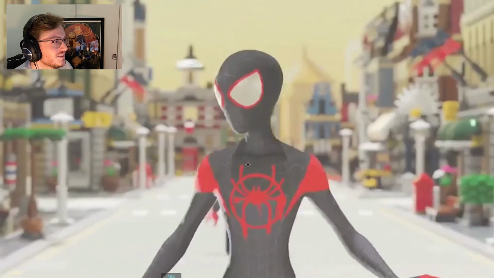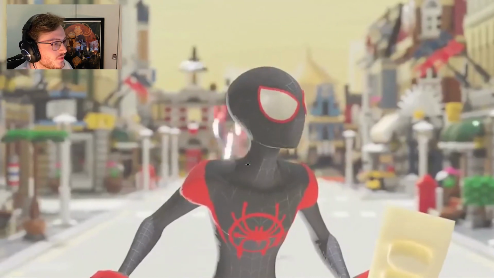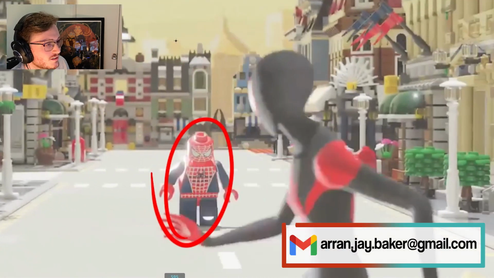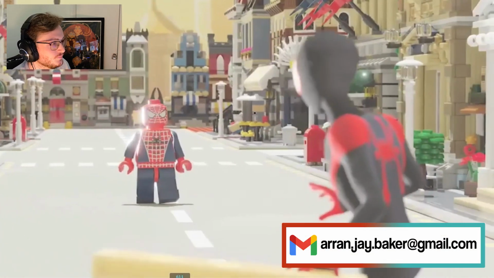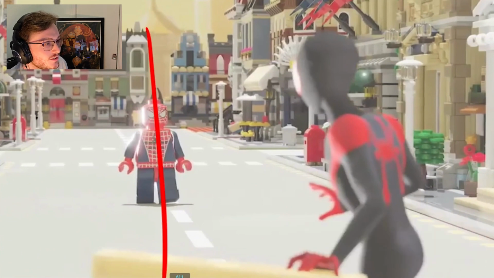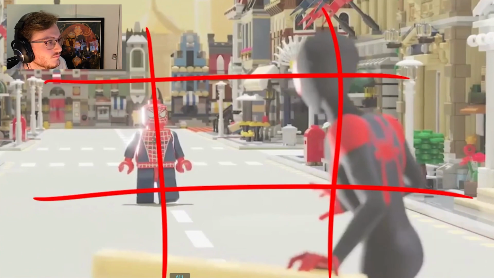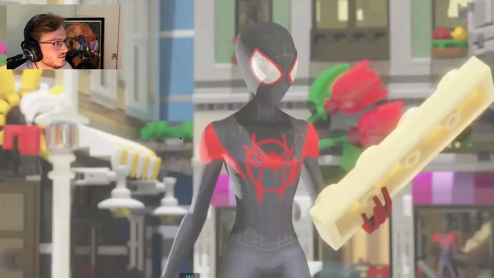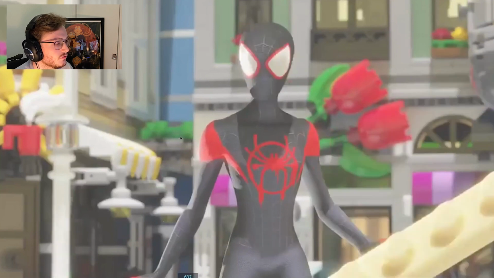So I love this idea that it's out of focus as it drops and then it comes around to suggest and reveal the character. So that's really nice. Again, if we're looking at our thirds, see how we got both Miles and Lego Spider-Man on those thirds, which is nice. And it's not too flat either, like it's composed in a way that's slightly guiding the eye this way.